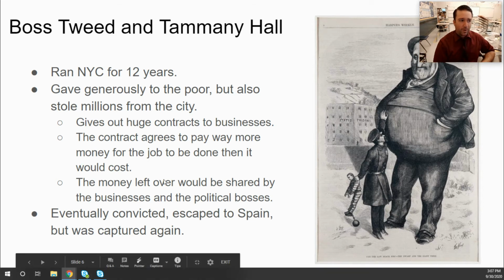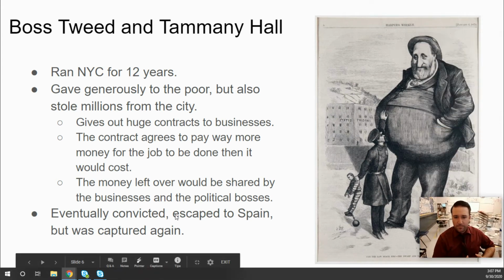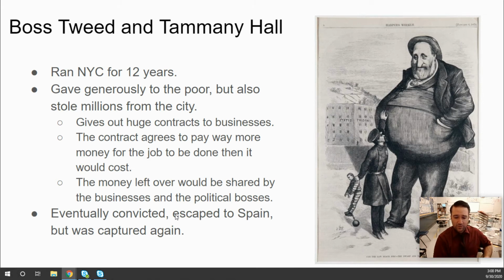And so Boss Tweed is going to be an individual that is very famous, because eventually a very brave prosecutor saw what he was doing and saw how terrible this was. He convicted him in a court of law of corruption and things like that, and he goes to prison. He escapes prison, and he gets to Spain, where somehow the political cartoons of Boss Tweed, as we see here,